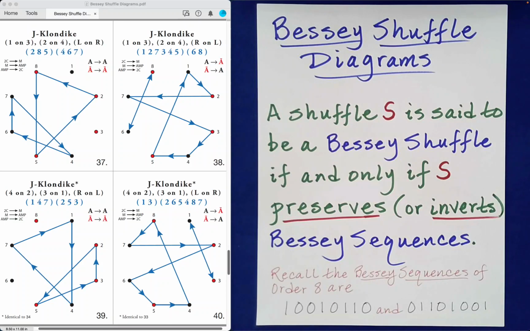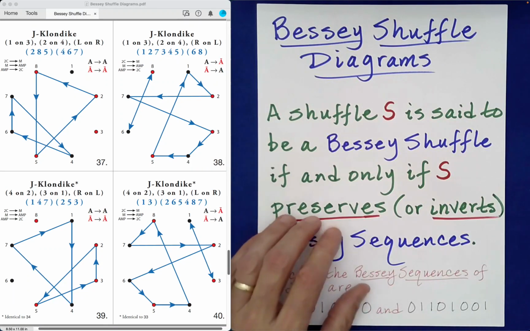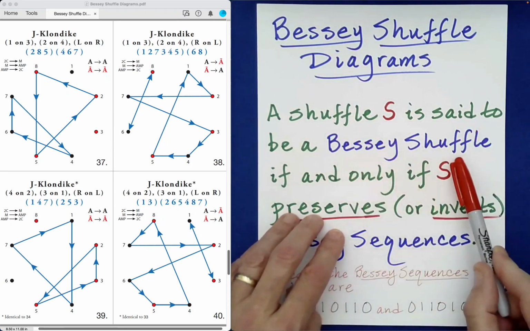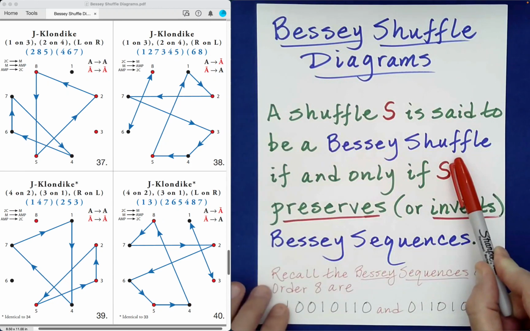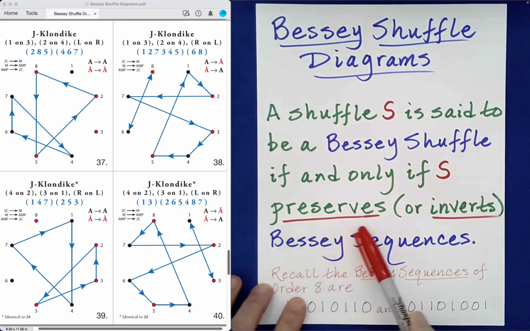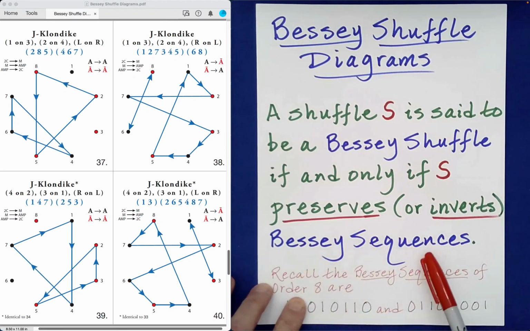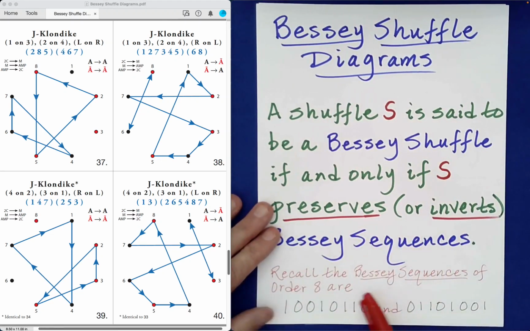This is the 10th video in the series devoted to Bessey shuffle diagrams. As a reminder, a shuffle S is said to be a Bessey shuffle if and only if S preserves or inverts Bessey sequences. Recall the Bessey sequences of order 8 are